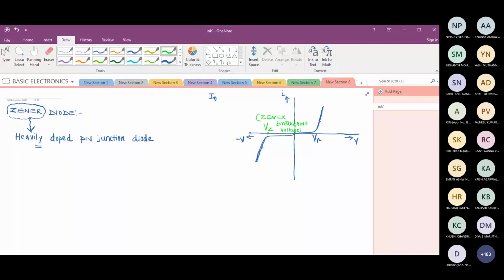But what I want to mention here is that under forward bias condition, the Zener diode and your regular diode are going to work in the same way. I'm going to get a cut-in voltage of say 0.7, 0.8 or 0.9, just like your ordinary diode. What is wrong in using it in the circuit? No. If I get the same current with a Zener diode, just like your ordinary diode, what is wrong in connecting it in a rectifier circuit? I can put it in a half-wave rectifier where the diode gets forward biased.